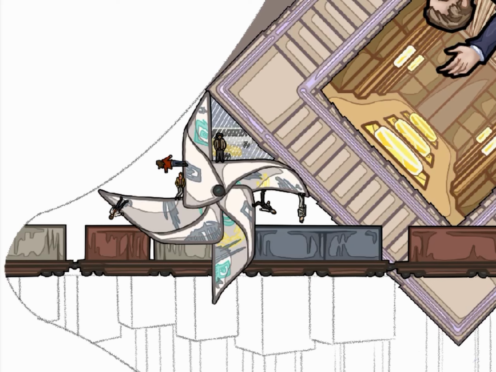Now drawing that scene where Paris is all flipped over on itself.